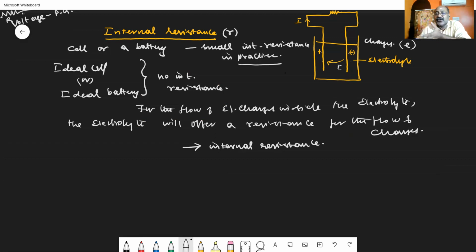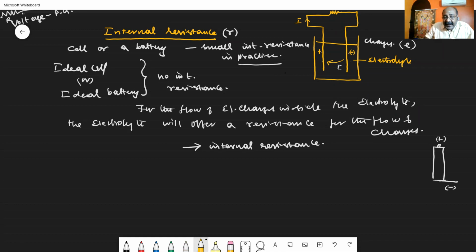See, when you go to a shop and get a battery or a cell, we use it in a clock or in our toy or some other device. As time passes, we say the battery has gone out and we throw it away. Actually, what happens? When you consider a commercial battery, AA or AAA, you have two terminals. The lower end is negative, the higher end is positive.